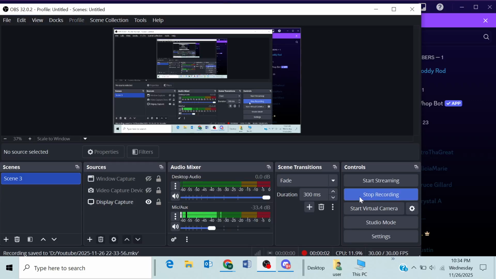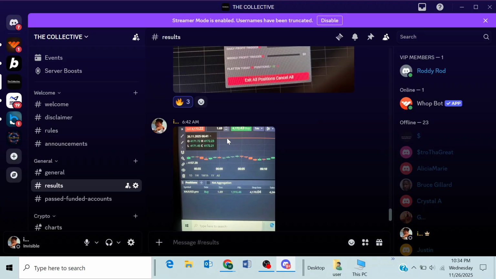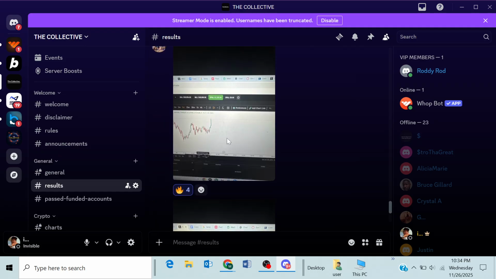What's good? So today is Wednesday, November 26th, 2025. I'm going to go over a trade we took this morning in my Discord group. We took a trade on gold, right? We took a trade on gold in which, as you can see here,